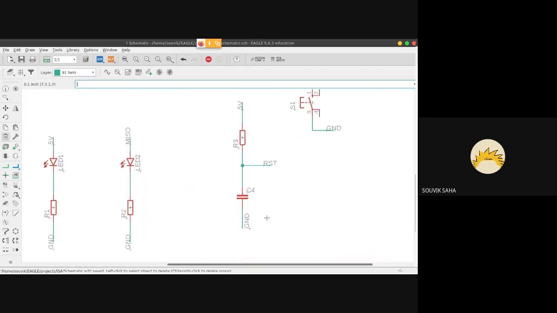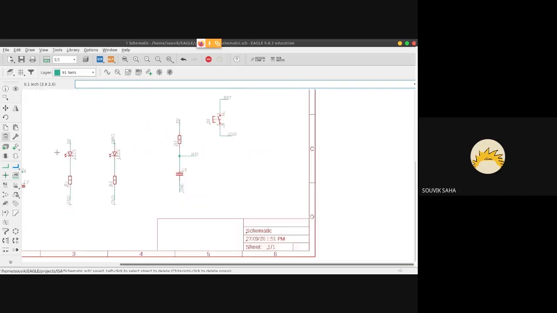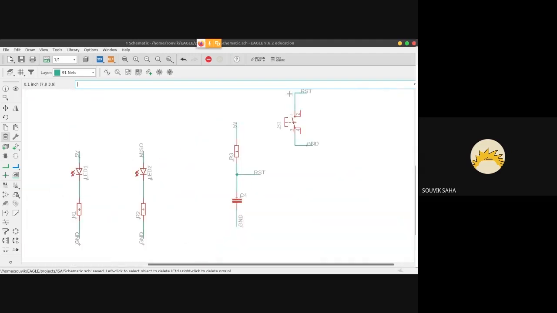Right, the circuit on the right. Prithvi had a doubt about the reset circuit. What happens is you need to pull the reset pin on the ATtiny to low for a fraction of a second, and then you need to pull it back to high. This is basically an RC network, this R and C. How it works is that when you press the switch over here, you will see that the switch connects to ground.